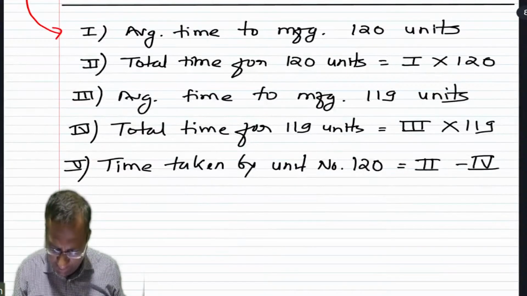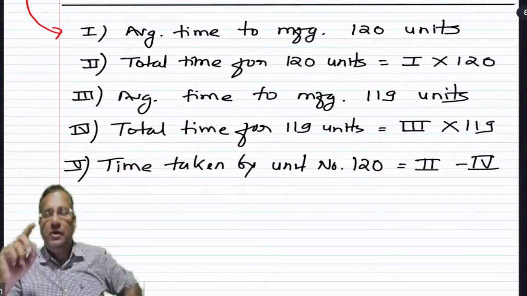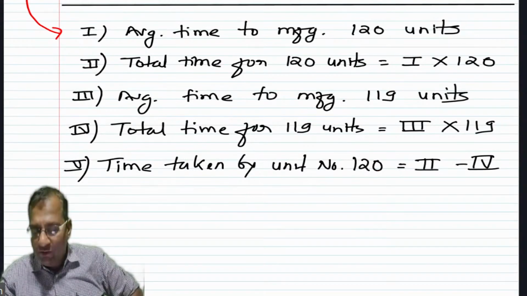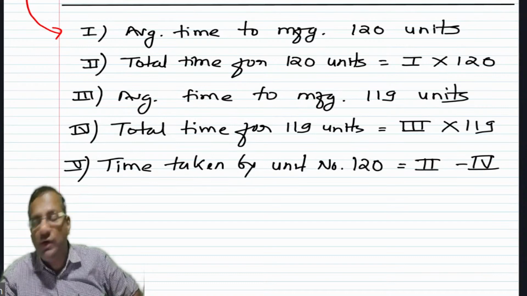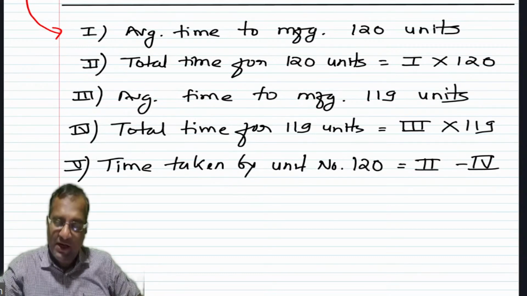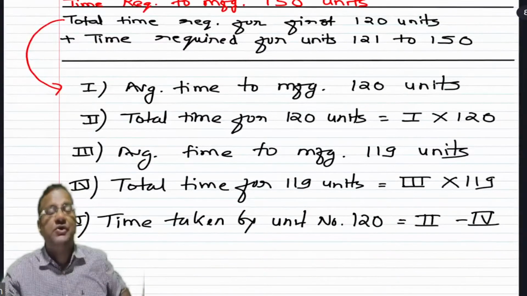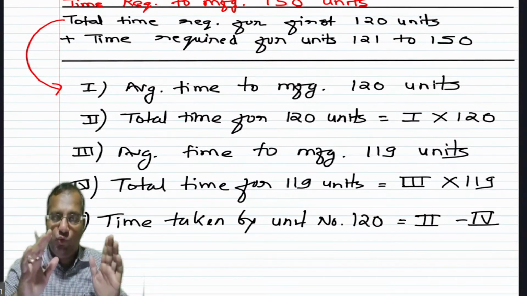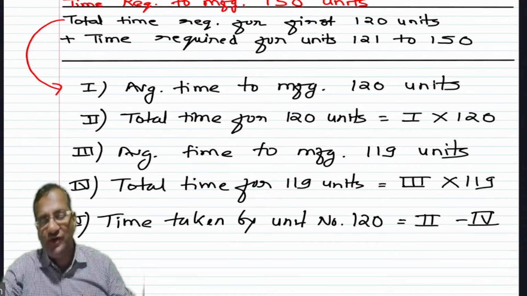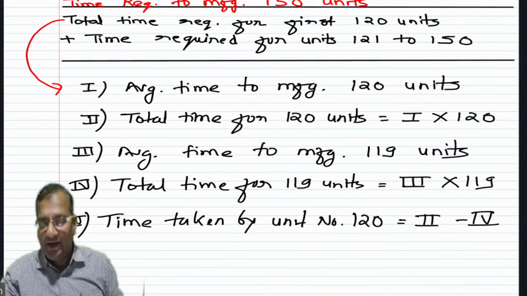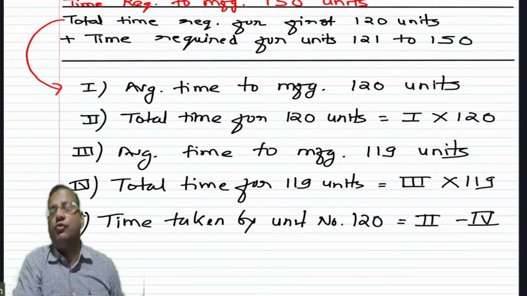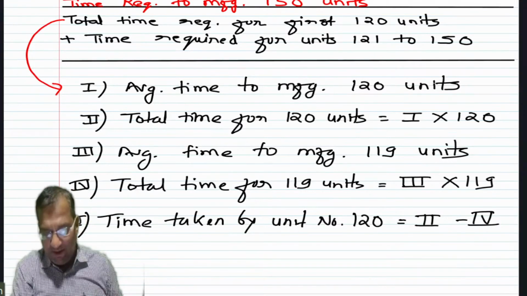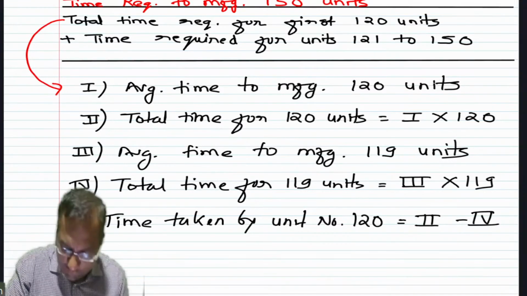और यही वो टाइम है, this is the time which will be required for every unit produced after unit number 120. अब 121 को भी बनाने में उतना ही समय लगेगा जितना यूनिट नंबर 120 को बनाने में लगा है, because when unit number 120 completes, the learning stage stops. अब कोई भी लर्निंग नहीं आएगी। तो जितना समय यूनिट नंबर 120 को लगा है उतना ही समय आगे वाली यूनिट को लगेगा। तो यहां पे एक स्टार बना दीजिए